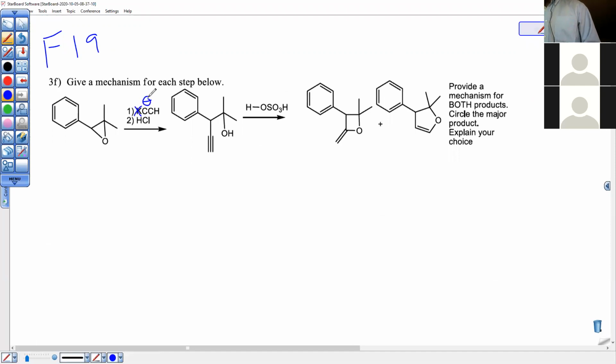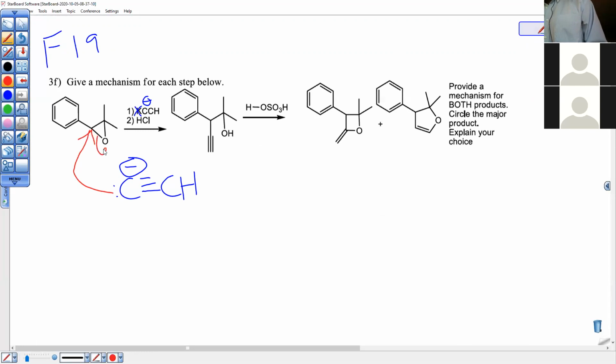Need a lone pair on there somewhere. I'm going to just draw out this acetylide ion. There. And clearly it's attacking the least substituted carbon. It ended up here. So this part, straightforward,